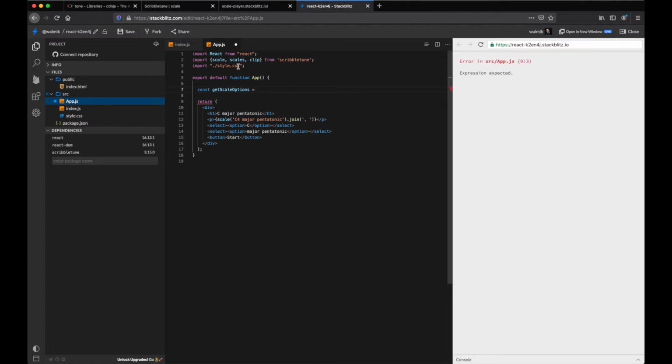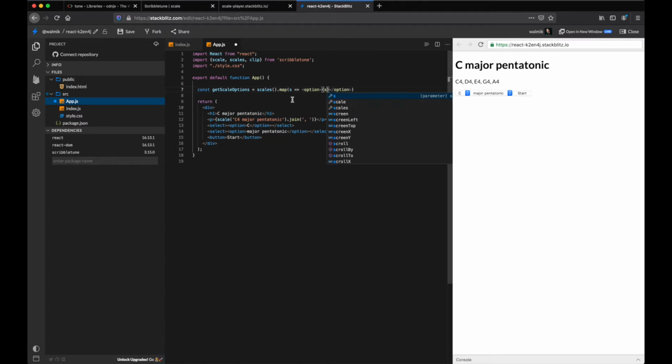And we're going to use the scales method from Scribbletune. It is a method that returns an array. We're going to map over that array and return the option element like this for each item. So instead of major pentatonic, we are going to substitute that with the scale itself. Here I'm exporting S as the variable for each scale and then using it to populate over here. So if I use this instead of this